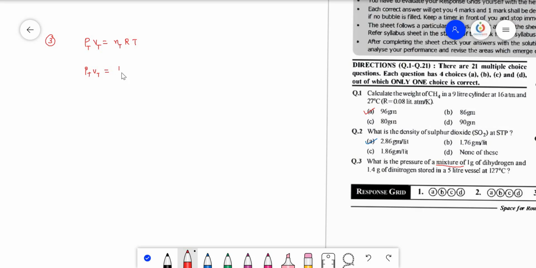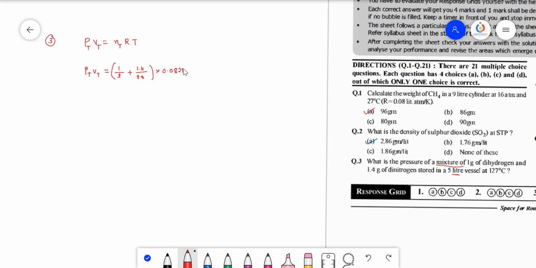So weight of the hydrogen is 1 divided by molecular weight 2, plus weight of the nitrogen is 1.4 divided by molecular weight 28. They are the number of moles, and R value, always remember that the volume is given in liters. So pressure we will get in atmospheres,